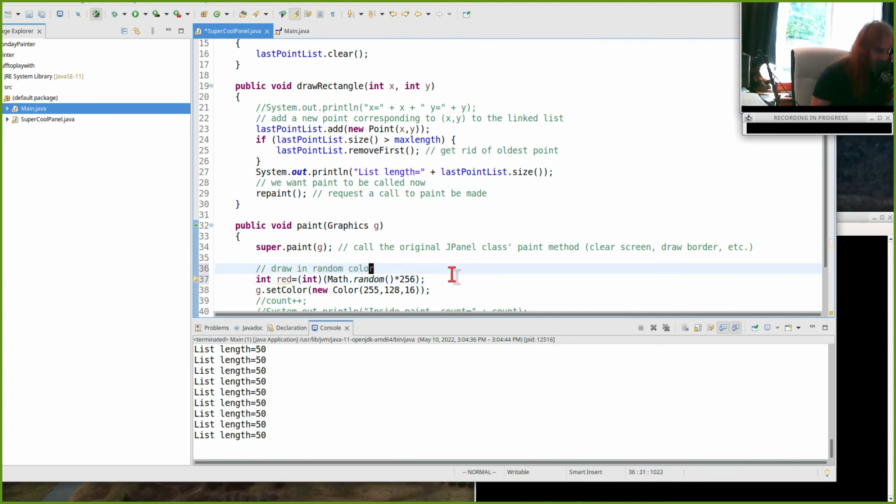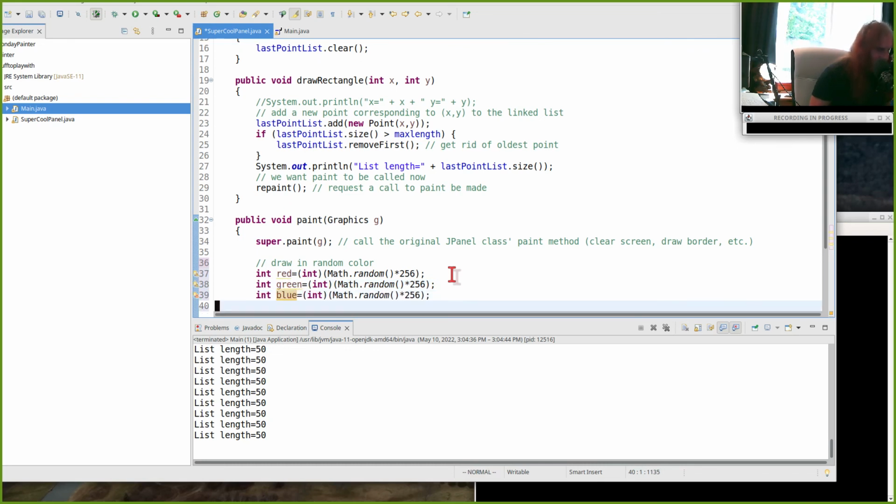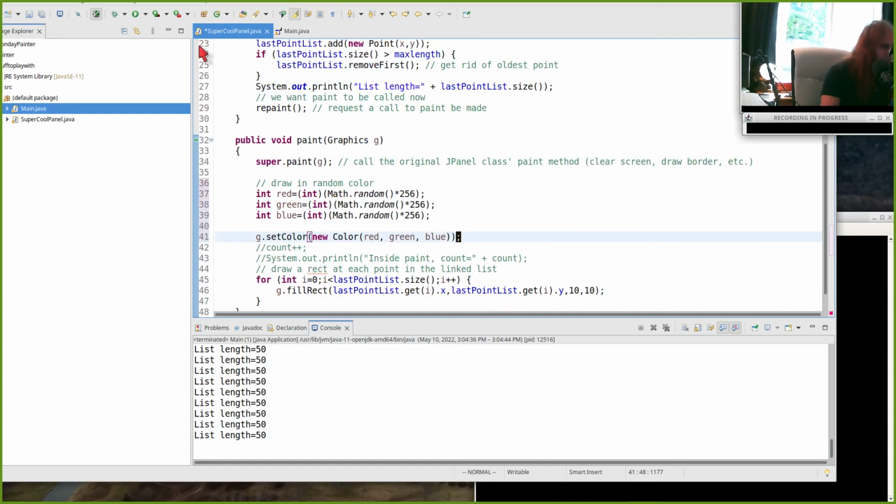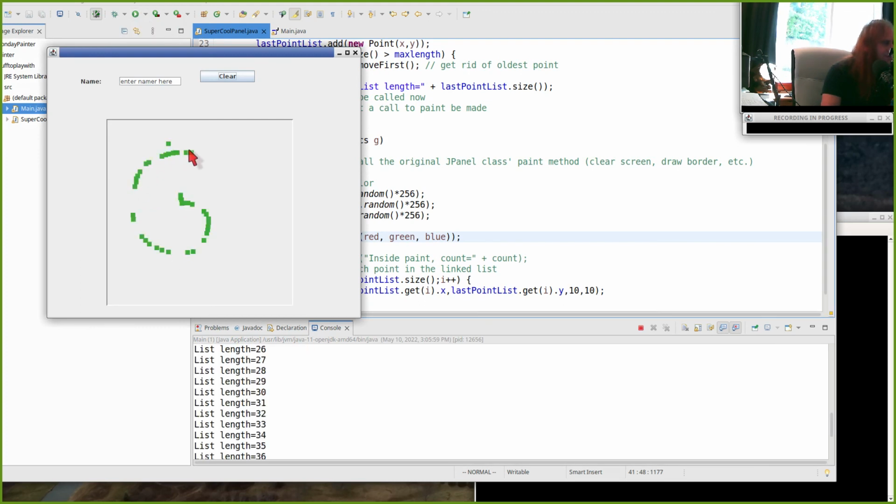So we'll draw in a random color. When you use random in a new language, you have to find out if it's exclusive or inclusive. I know, right? Pretty annoying, huh? So we'll generate 3 random numbers for red, green, and blue, and then we'll set the color just based on those. And this should give us a tutti frutti kind of thing. And there you go. But